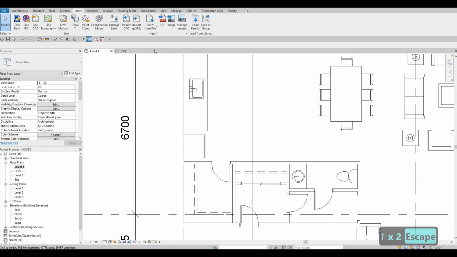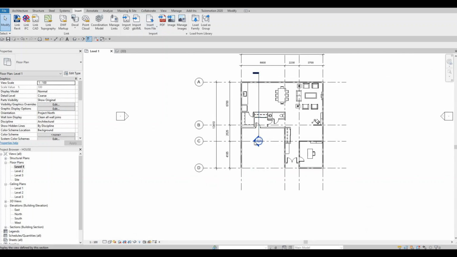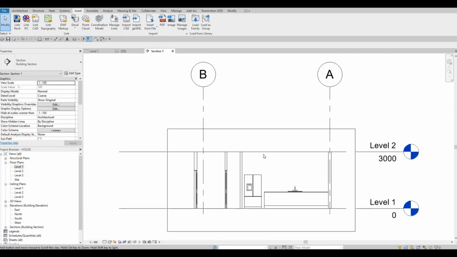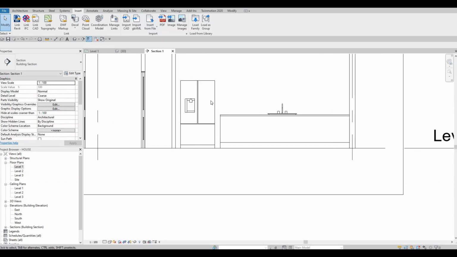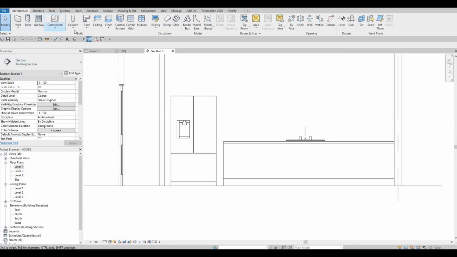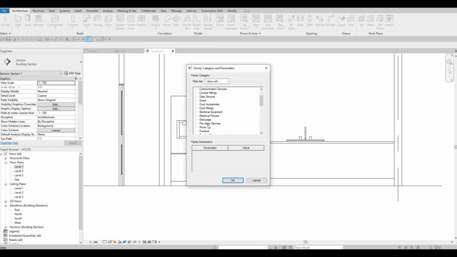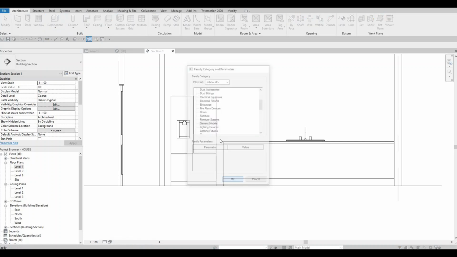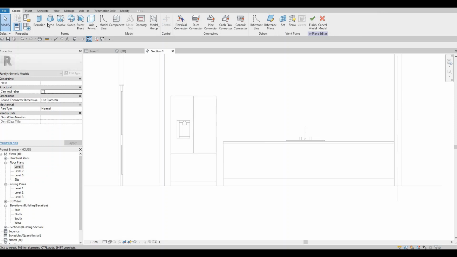And then once that's done, what I'm gonna do is I'm gonna go back here on our section, and I'm going to do another model in place, generic model, press OK,